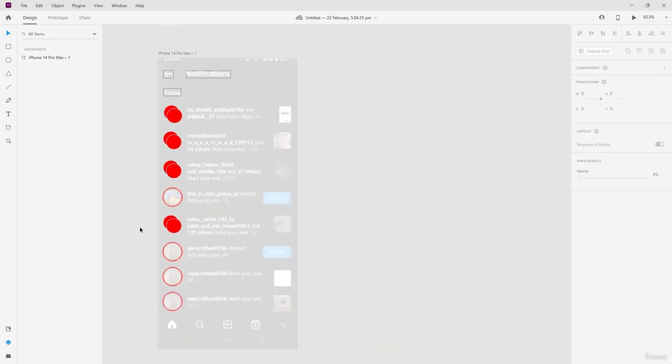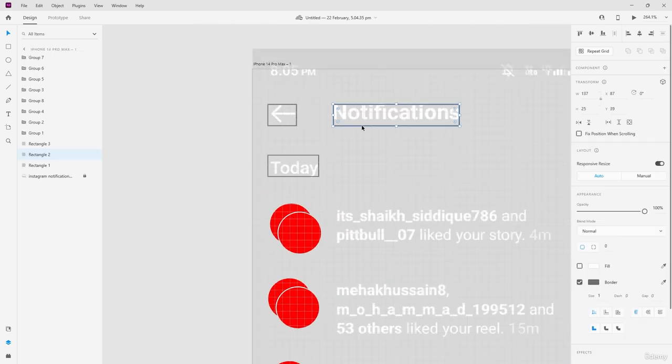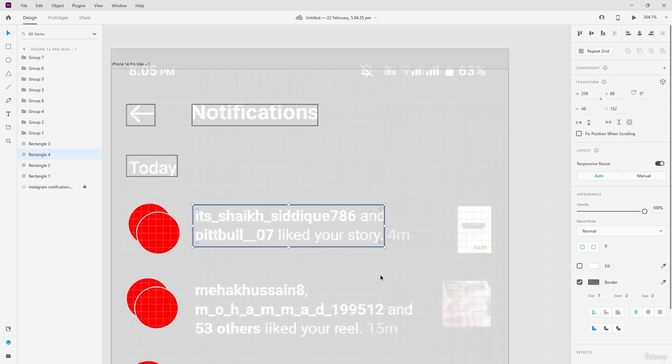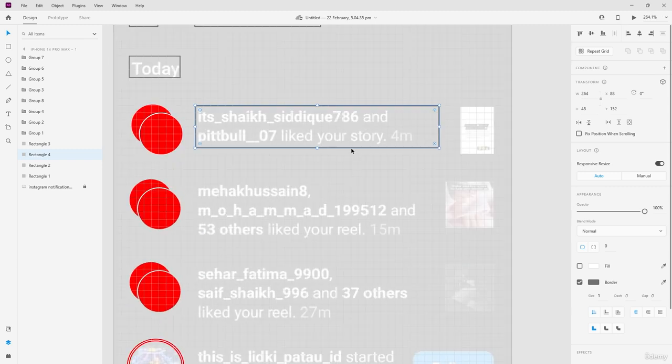There you go. Now, as you can see, we have a nice wireframe over here for the text panels. So I'm going to put it like this at the center and then increase its text size like this over here up until this point. And why I put this up until this point, it's because,